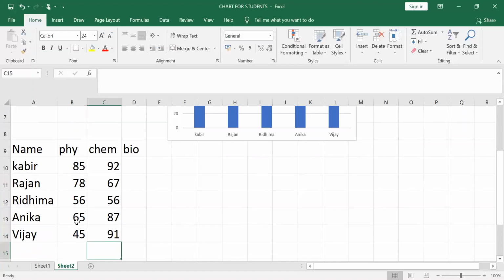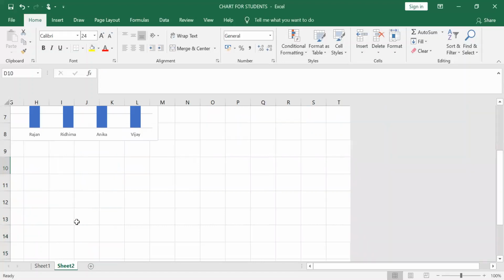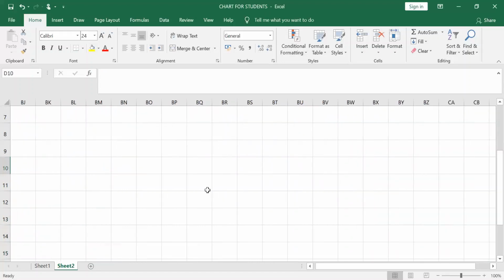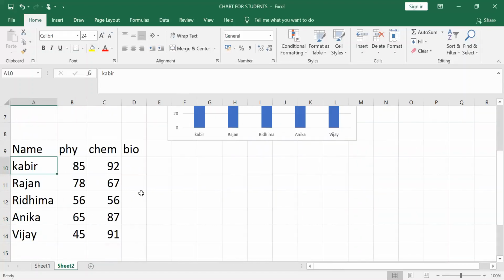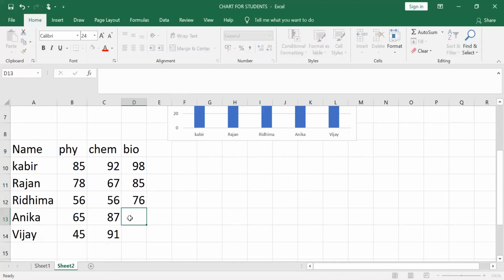Now in the same way I am typing the bio marks: 98, then 85, then 76, then 83, then 56.